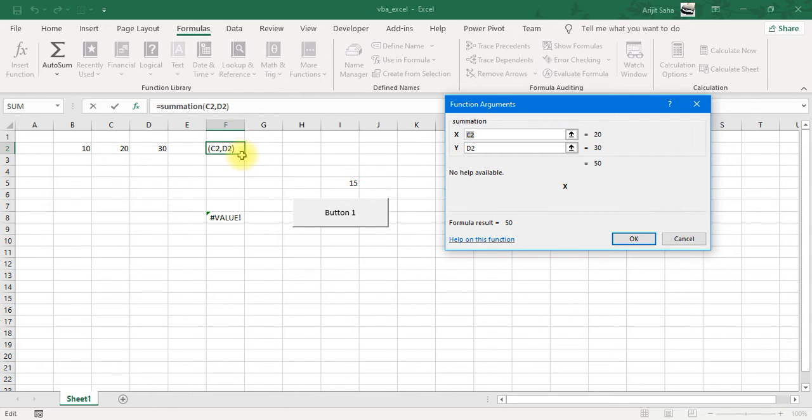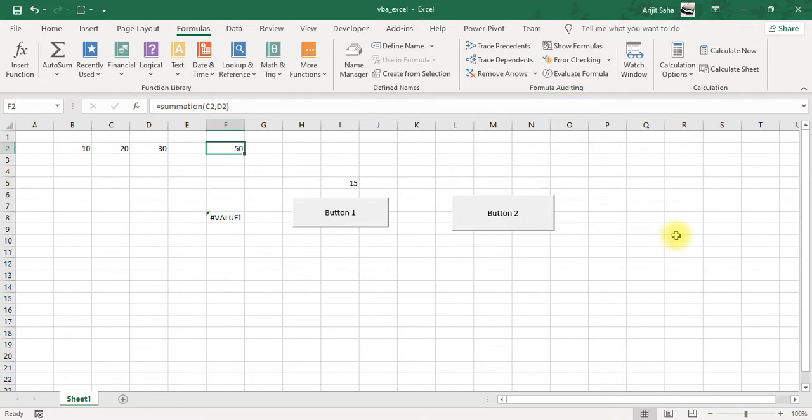Why? Because we have created this function by ourselves. There is nowhere that Excel can provide us any help with this. So this is how we create user defined functions. This is easily done from over here.